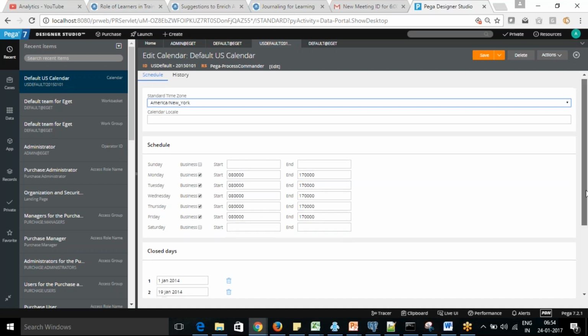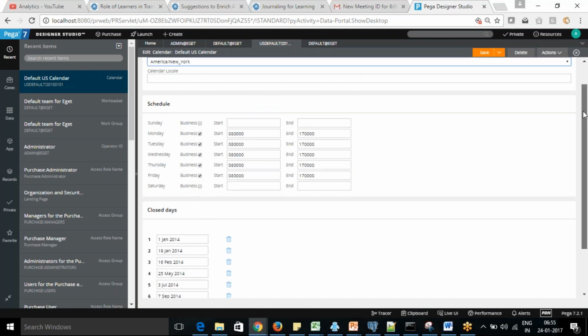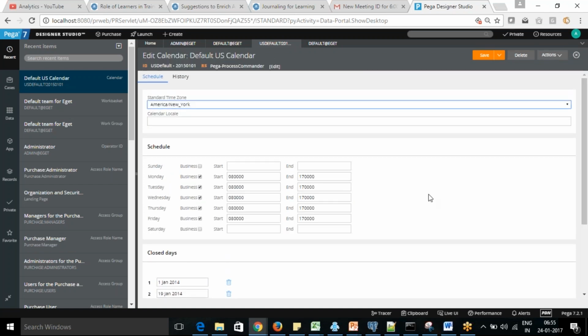And all the office holidays you can mention here as well. So this is what we mention in a business calendar. Okay, it's not a normal calendar. When you allocate work, we are able to calculate and route the SLAs of the work. Okay. So this is the calendar rule.